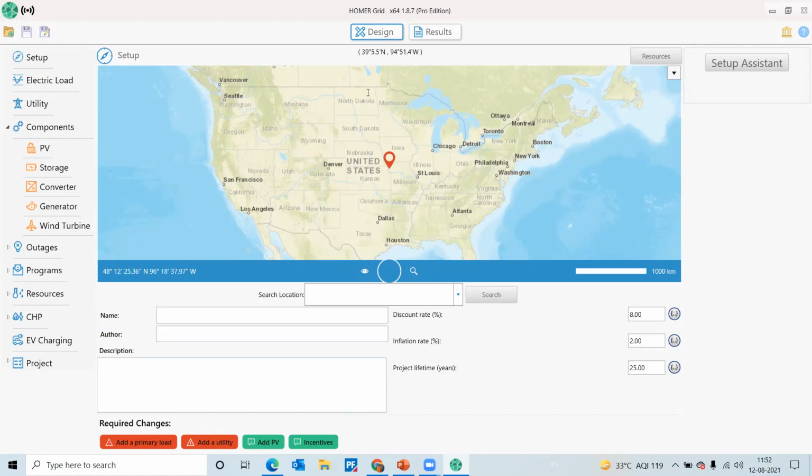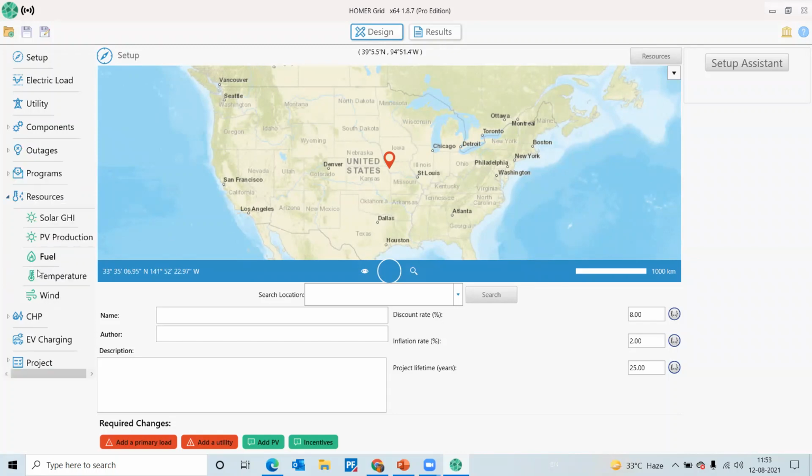So the interface of this HOMER Grid you can see on your screen. In the middle section, this is the schematic, drawing and design page. On the left hand side, you can see the library for setup: electric load, utility, and different types of components in HOMER Grid, such as PV, storage, converter, generator, and wind turbine, and other tabs for outage, programs, and resources. We have different types of resources in HOMER Grid also, for solar GHI, PV production, fuel and temperature, and also for wind,